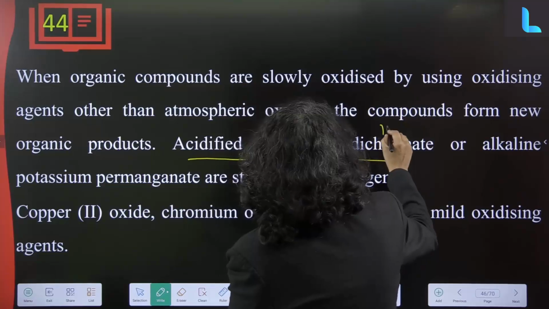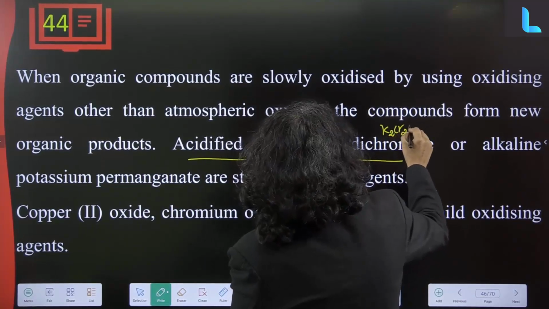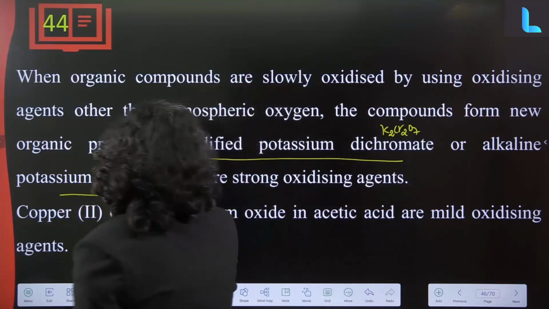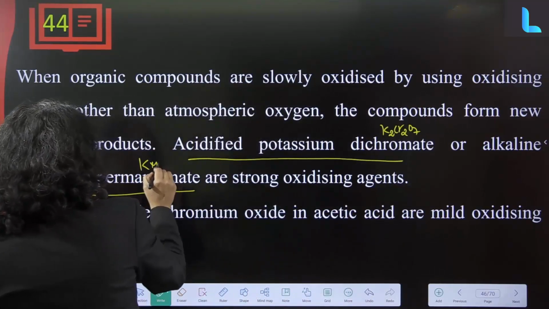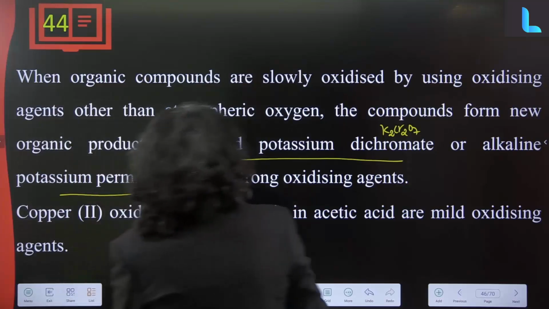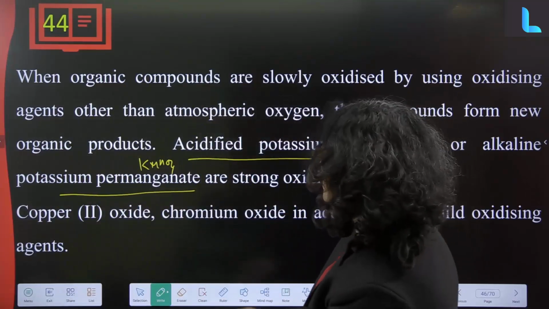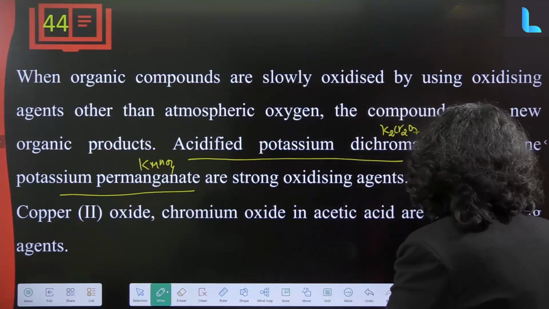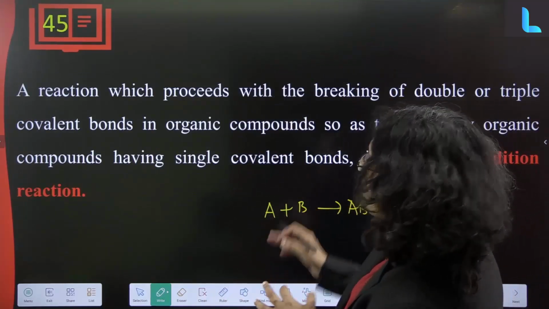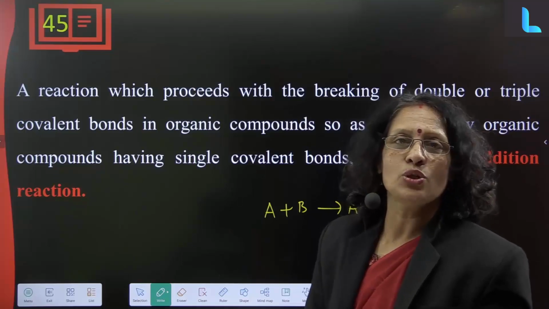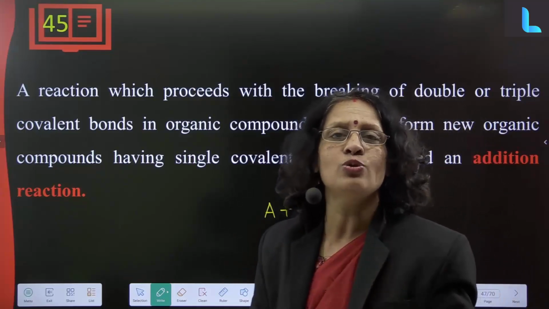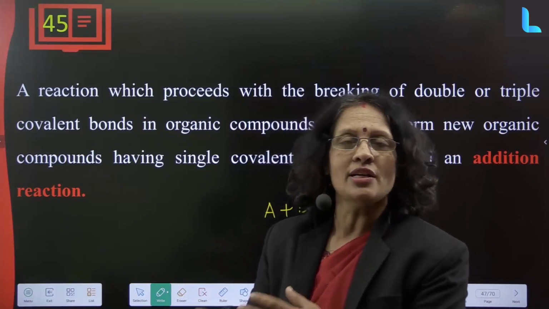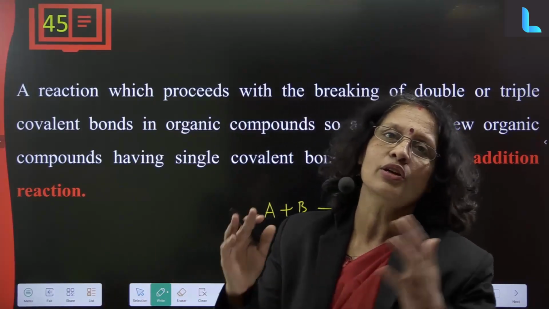what is the formula? K2Cr2O7, or alkaline potassium permanganate. What is the formula? KMnO4. These are strong oxidizing agents. Copper oxide and chromium oxide in acetic acid are also mild oxidizing agents. What is an oxidizing agent? A substance which oxidizes another substance and gets reduced itself is called an oxidizing agent, and a reducing agent is the reverse of that,